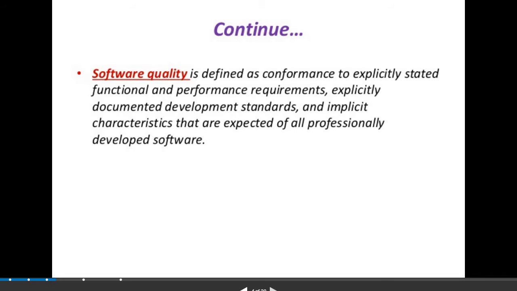Now if we see software quality, it is defined as conformance to explicitly stated functional and performance requirements, explicitly documented development standards, and implicit characteristics which are expected of all professionally developed software.